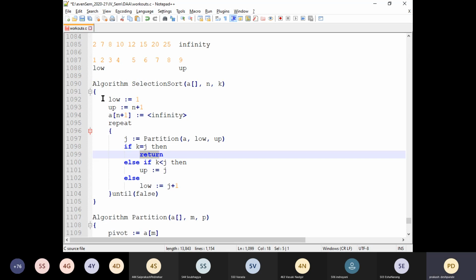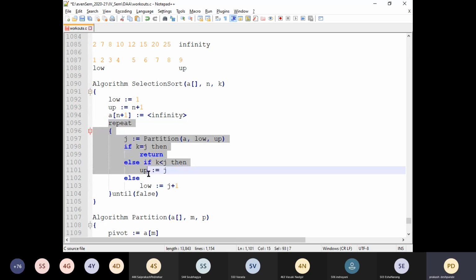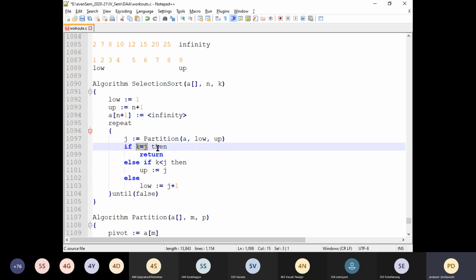Now if you try to look at it from another angle, you might find this is something similar to binary search. Do you find it something similar to binary search? We are trying to look at a particular position here, but not the value. If that particular position is equal to the partition, stop there itself. Else, search on the left side or search on the right side.